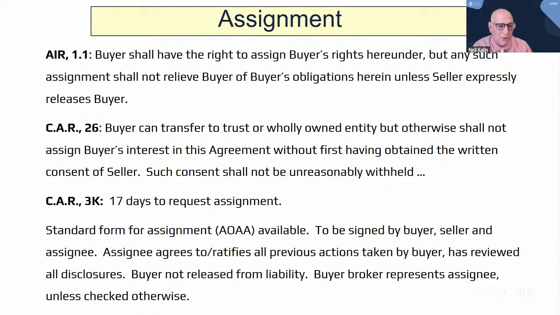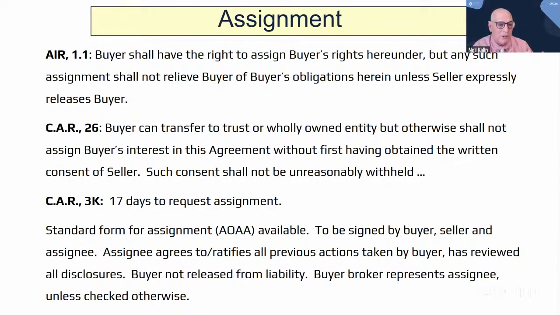Bryan, I agree with you. We get that misunderstanding all the time where there has been an assignment. Let's say the assignment has been consented to, and the original buyer thinks they're off the hook when legally they are not. I did want to mention in this segment that CAR has an assignment of agreement addendum,